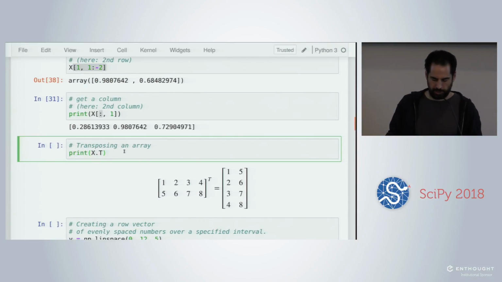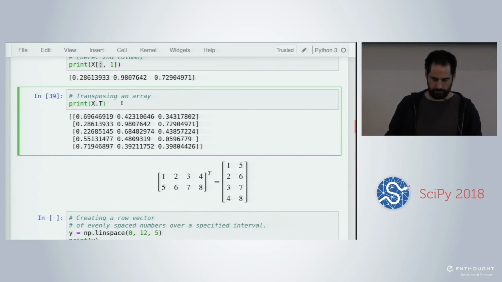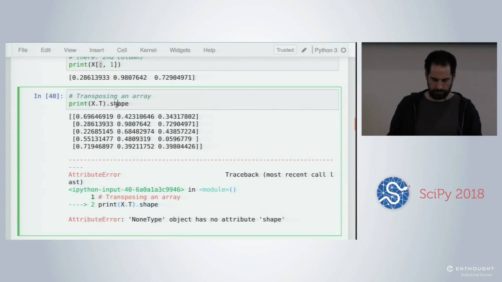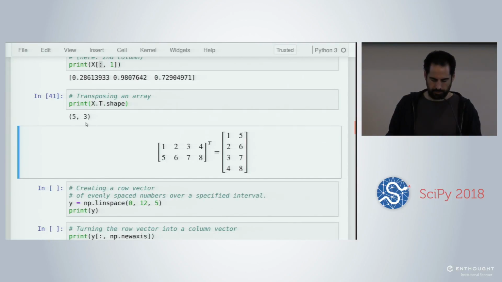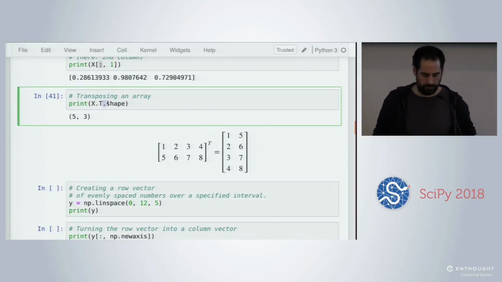So if I take 1 instead, I will get this one. Okay. So here first is the rows, and then the columns. And also something that is very important to know is that in Python, when you index, it starts at 0. It's not like MATLAB or R that start at 1. In Python, it starts at 0.